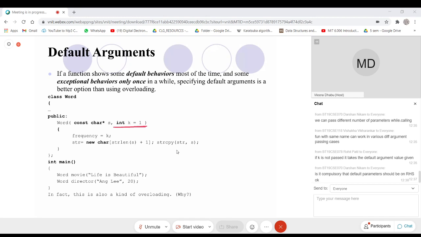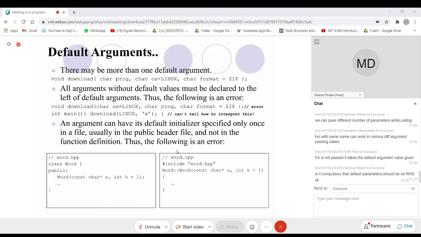Okay. There can be more than one default argument. This is one example. But here also you will realize that the default arguments are placed on the right hand side of the argument list. But now here it is a compulsion.